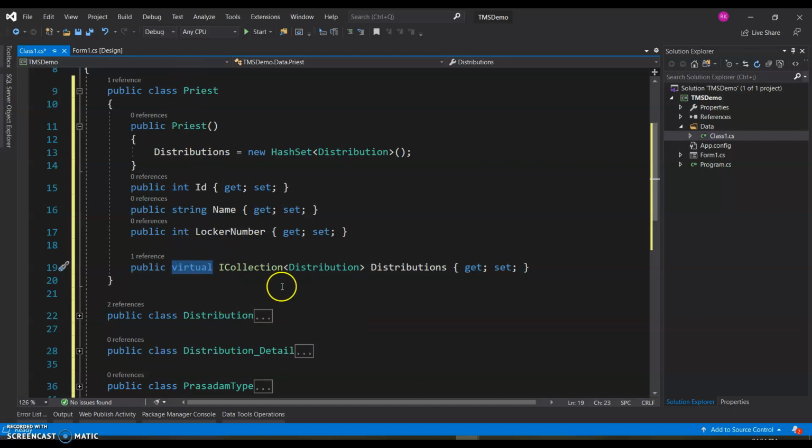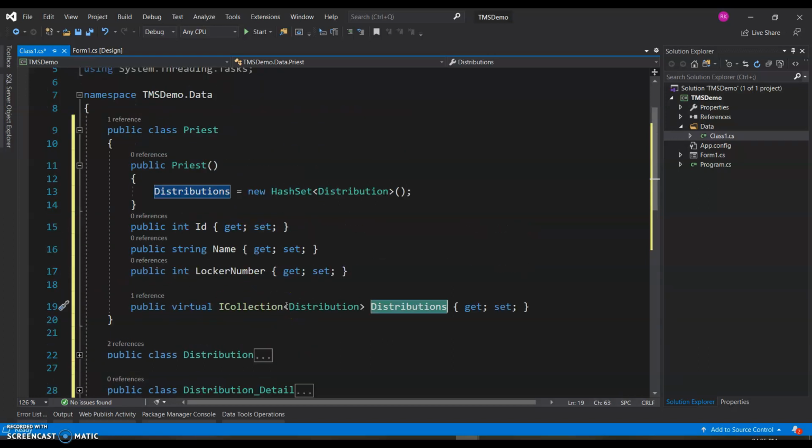So this could be true for any other navigation entity. If you want the associated or the navigable entity also to be available through this entity, then we need to have this virtual keyword. You can just remove it and see that the association properties will be present, but if you navigate to it, it will simply be null.